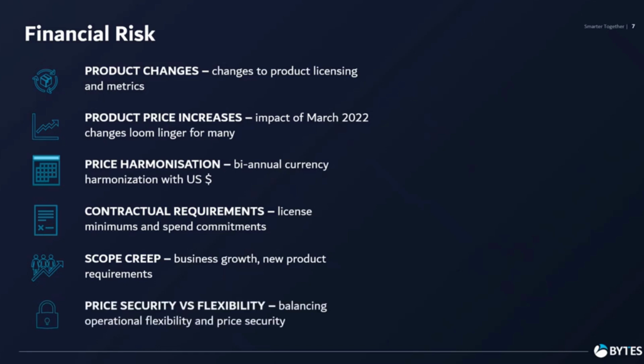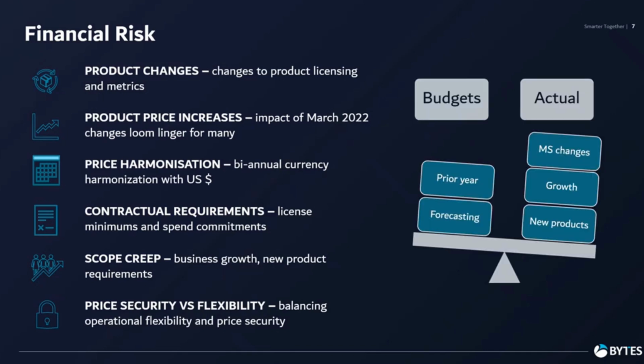And then finally, your pricing security and flexibility. So some program offerings will offer us potentially better pricing and potentially better flexibility, but with that comes a potentially inherent risk of less pricing security, so perhaps for a shorter period of time, and that's something that needs to be managed. And all of these items need to be weighed across the course of a contract term, because what we quite often find happening is that the actual spend incurred will outweigh the budget that's been put in.